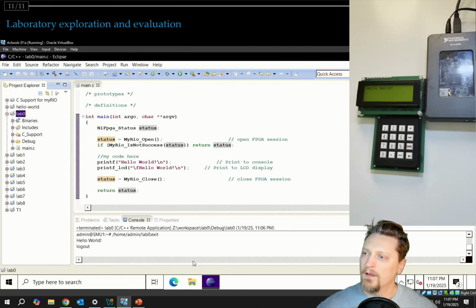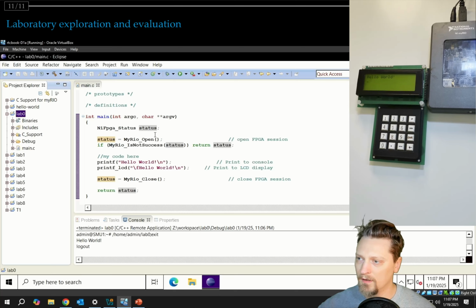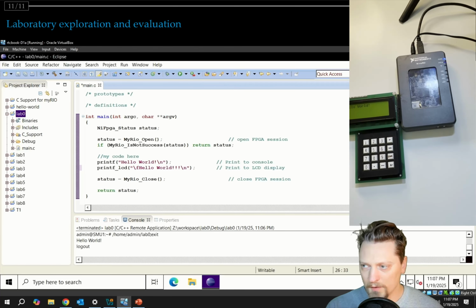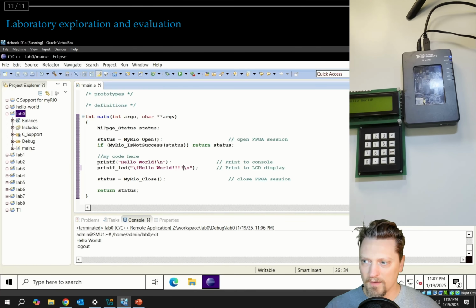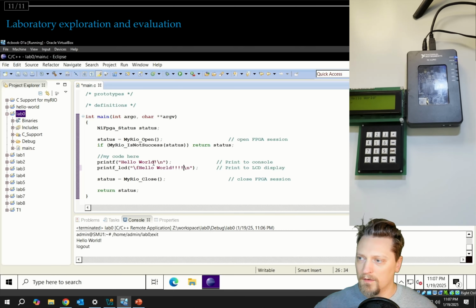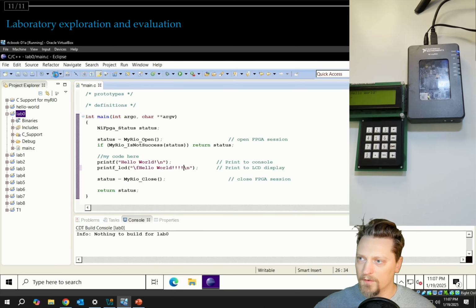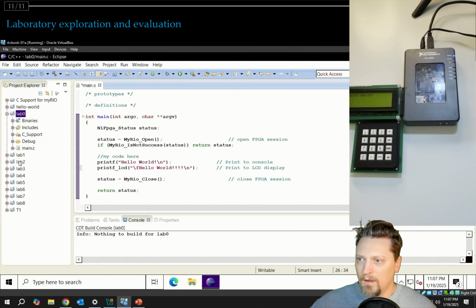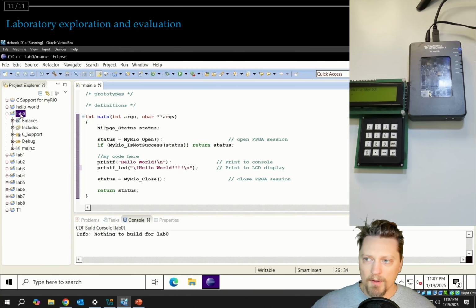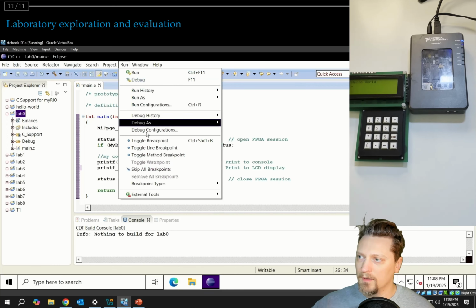So let's try to edit. We're going to put in multiple exclamations now for printf LCD, and we're going to recompile, or rebuild it, which you can also do by clicking that. And now that it's rebuilt, we're going to run